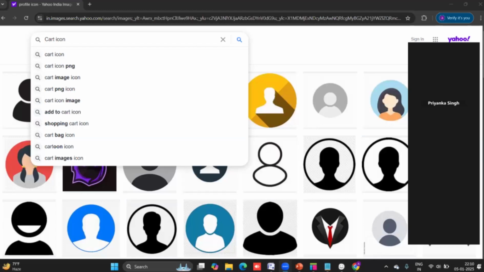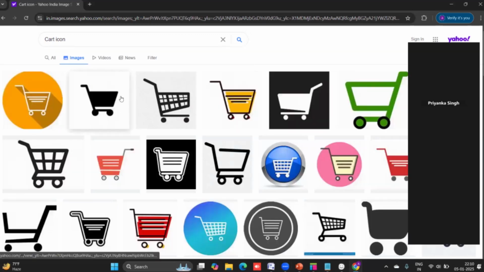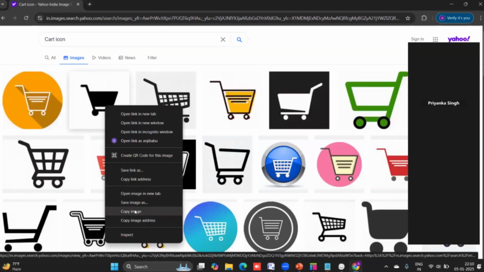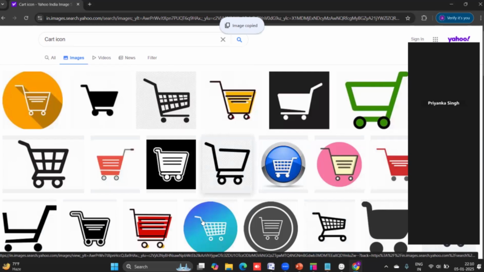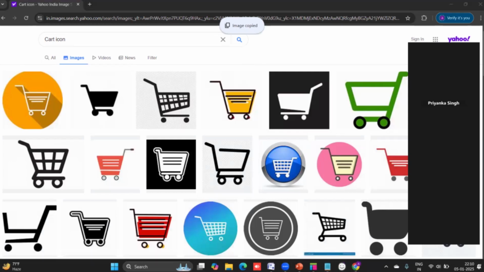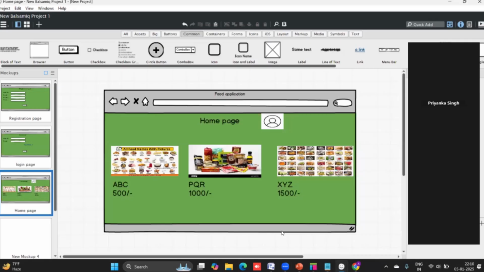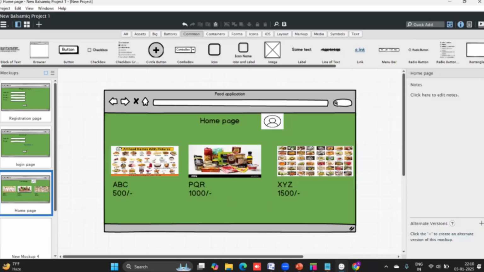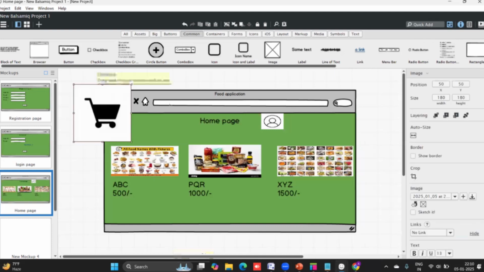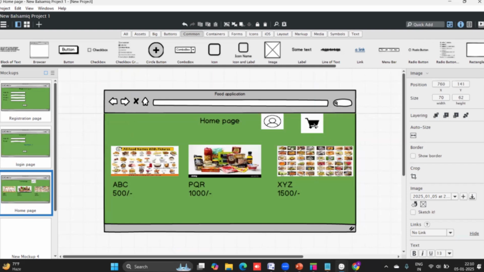Okay. And go to the, simply I'm taking the cart icon here, right? So simply I'm taking the cart icon, just simply copying this one and coming to the tool, pasting that image, adjusting the sizes, then simply Control D. For every image, I'm giving the cart page, right? To add that product into the cart page. So for that,